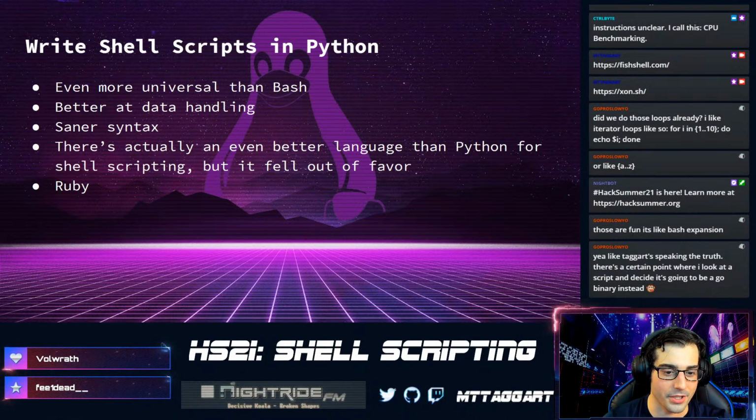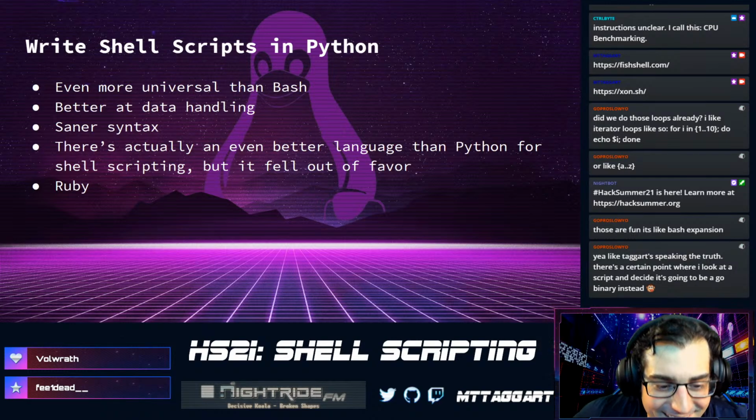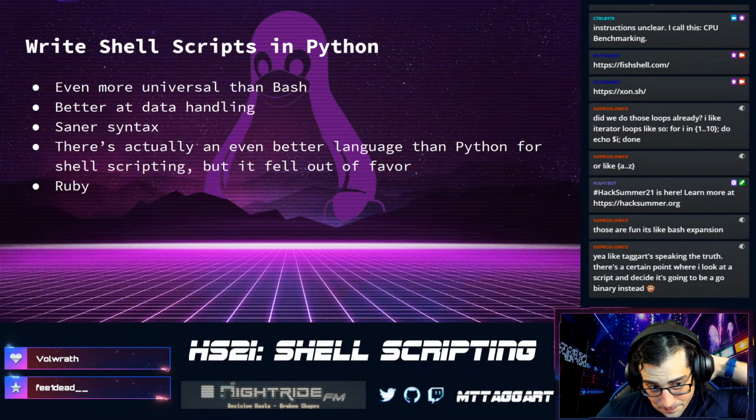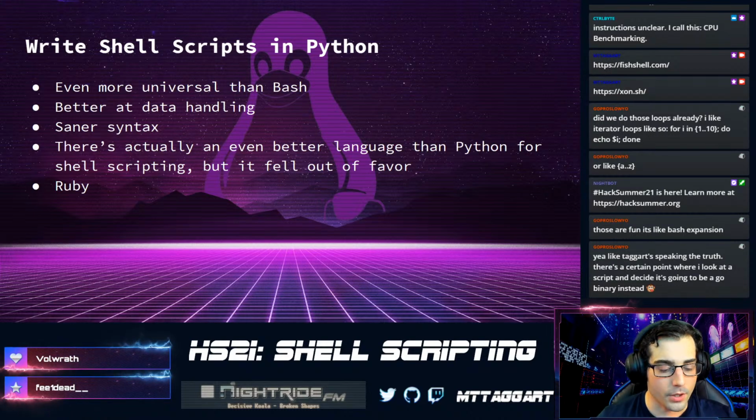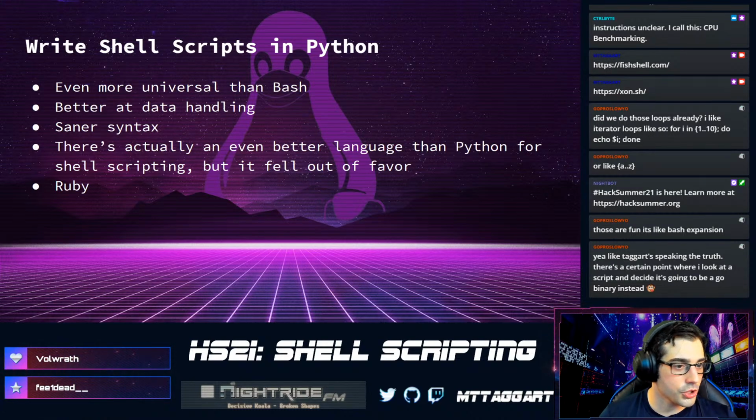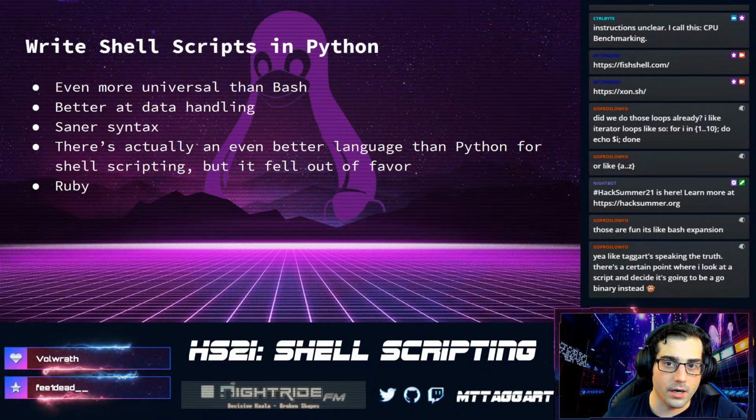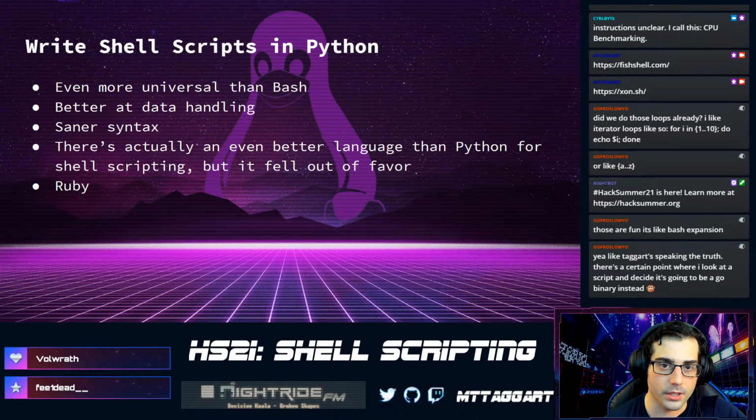There's a certain point where I look at a script and decide it's going to be a Go binary instead. So, true story, GoPro, when I was doing the challenge VM for this course, there came a point where I was trying to do everything in Bash and a little bit in Python to get everything working the way that I wanted to, and it just wasn't working. And I needed things to have the setuid right and not readable.